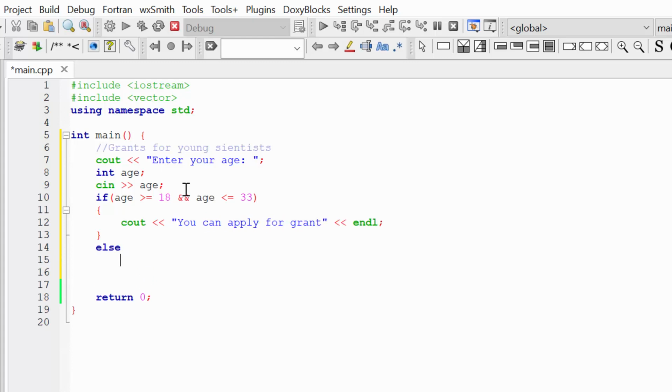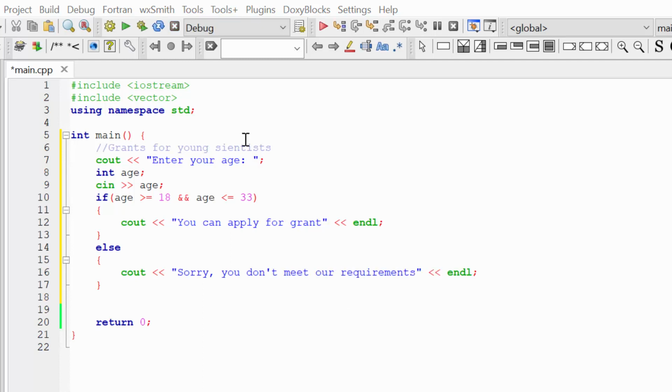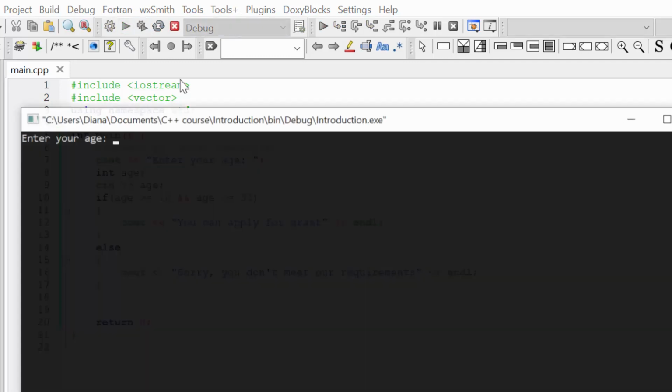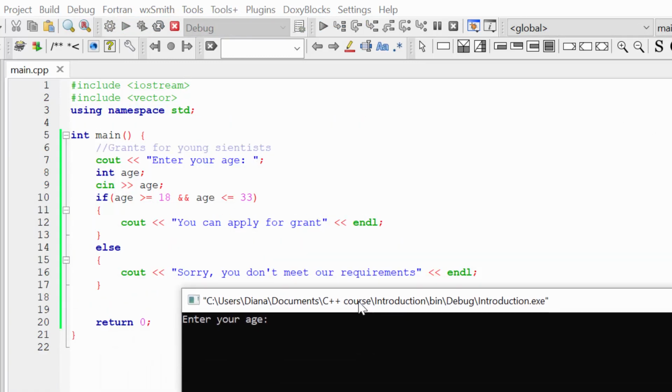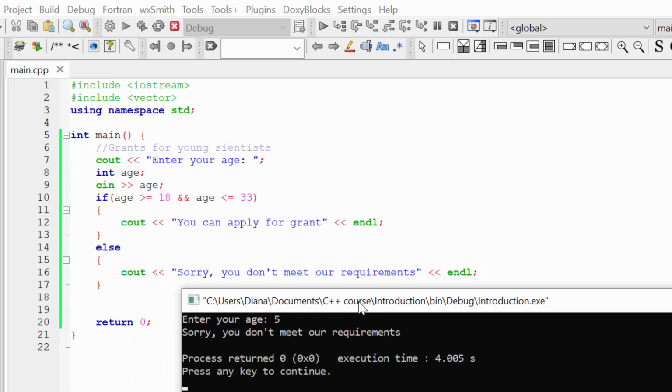Else, if my user is too old or too young, I'm going to write, sorry, you don't meet our requirements. Okay, let's check that everything is correct. Let's build and run our program. And let's say my age is 5 years old, and you can see the result, sorry, you don't meet our